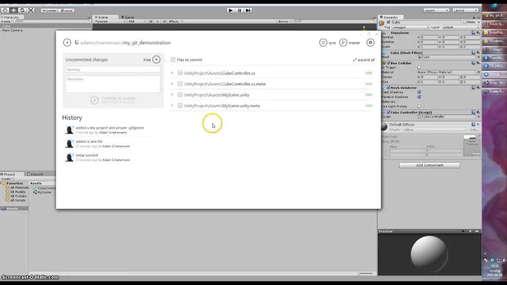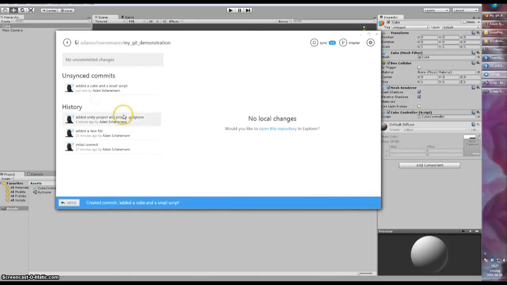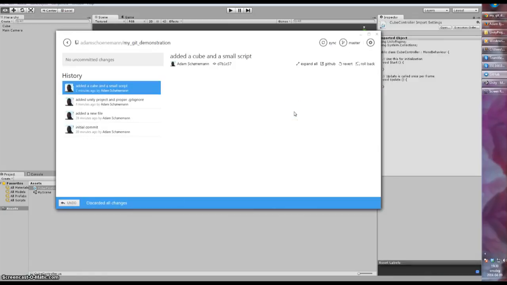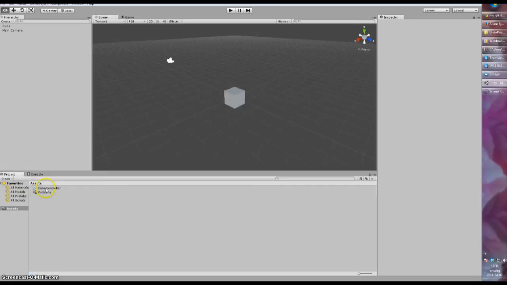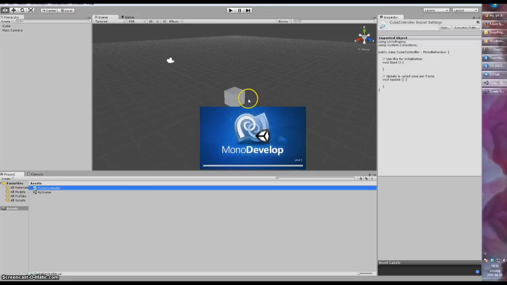Good, everything looks fine. I can create one more commit and say "added a cube and a small script." Commit it and sync it. So now I'm just going to go ahead and move the cube around just for kicks, basically. So inside my Unity project, I'm going to double click this cube controller,